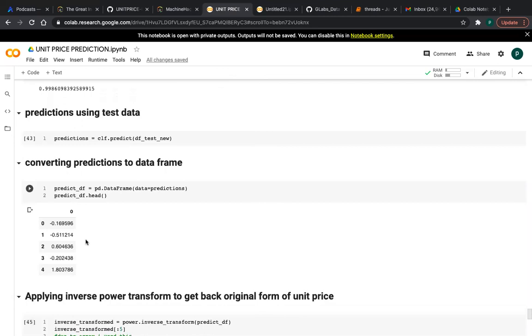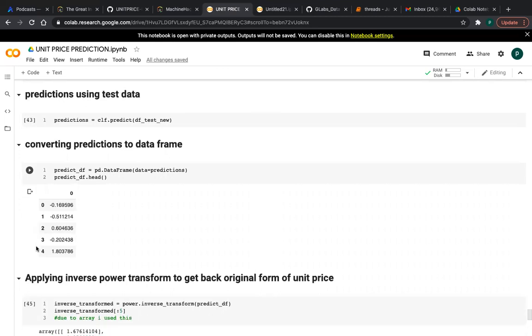Because these will be in the one range, friends. Why? Because we applied the power transform method, so the power transform applies scaling and standardization techniques, but in real time people will not understand, because the unit price depends on the product. The cost, if the product is very costly, the range is very high. So you have to apply power transform again to convert back the standardization and scaling techniques that you did.